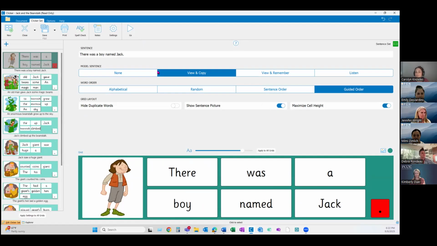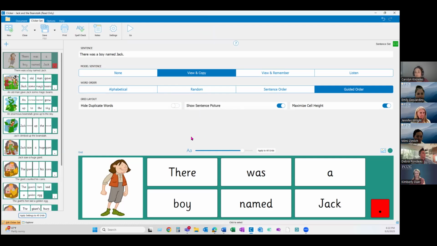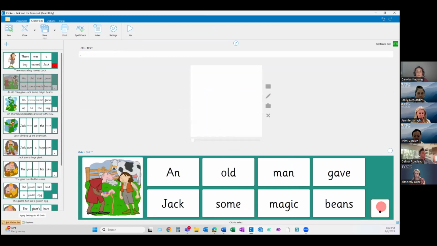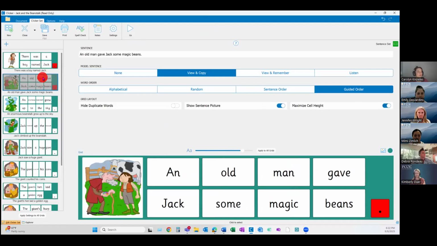And once we decide what's going to work best, if it's this combination of settings, let's say, we can down here apply settings to all grids, and that's going to make all of our sentences on the side here match these settings. It's much faster than having to go through and do them automatically. The only thing you will have to change will be specific color coding. If you want your punctuation all red, for example, or something like that, that's the only thing. Otherwise, everything else will match.